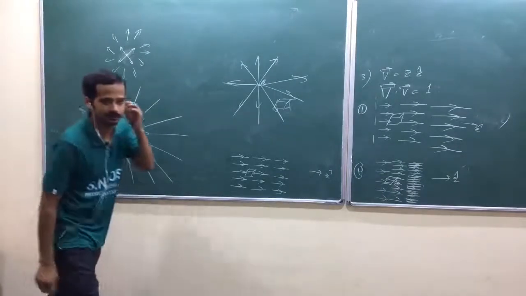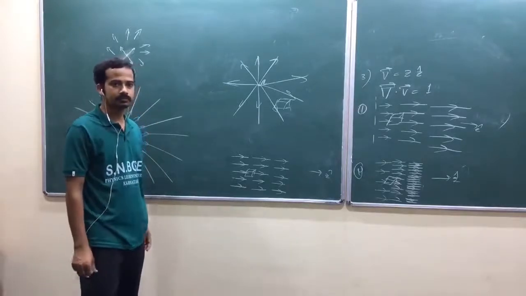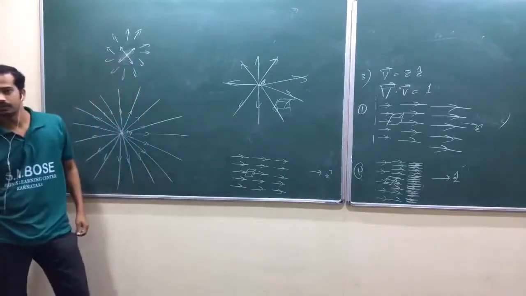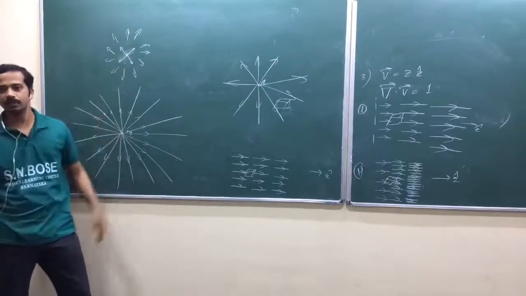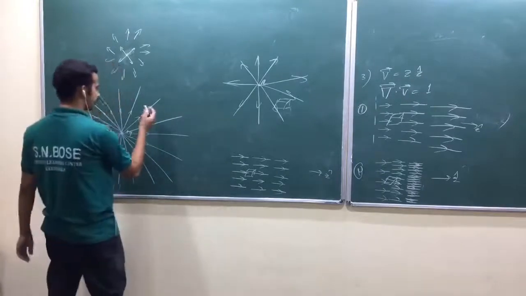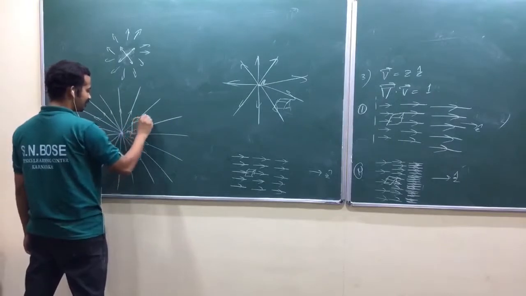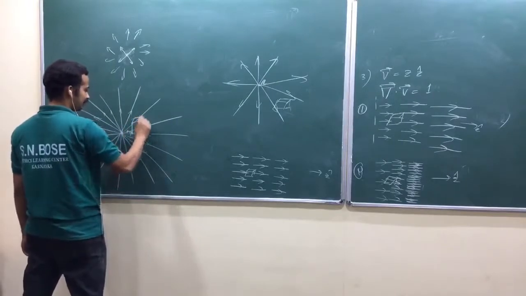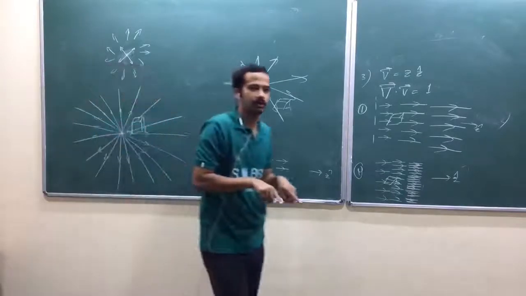Yeah, now ask the question. Yeah, field strength decreases. That means density of field lines is decreasing, but field lines are not terminating in mid-air. Now let me take one small volume. You imagine this is small, okay? Number of incoming rays should be equal to number of outgoing rays.